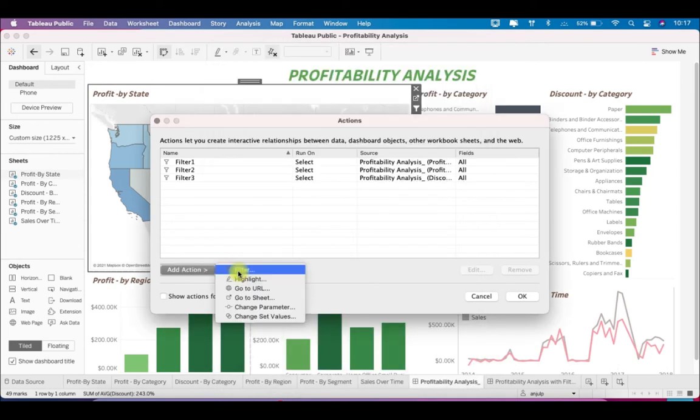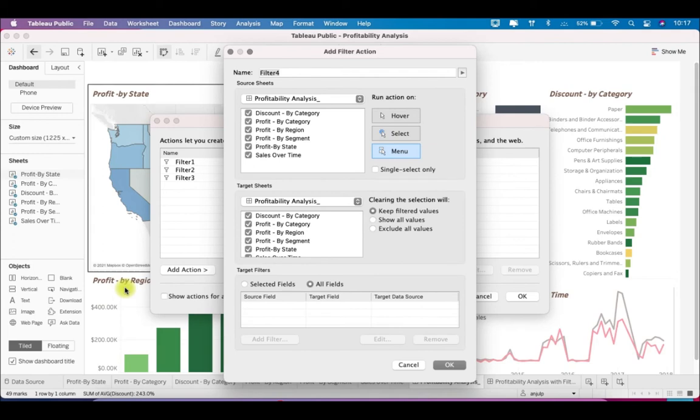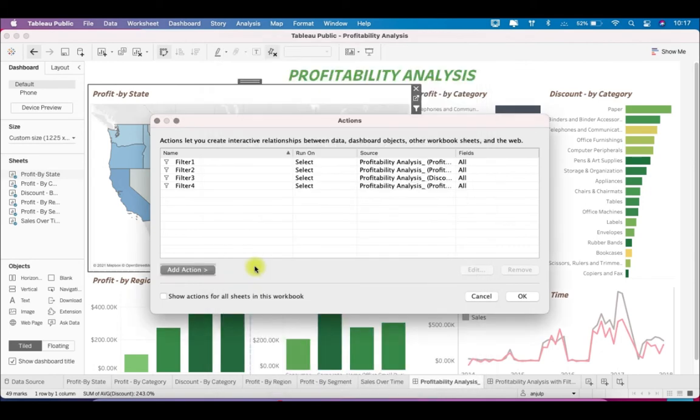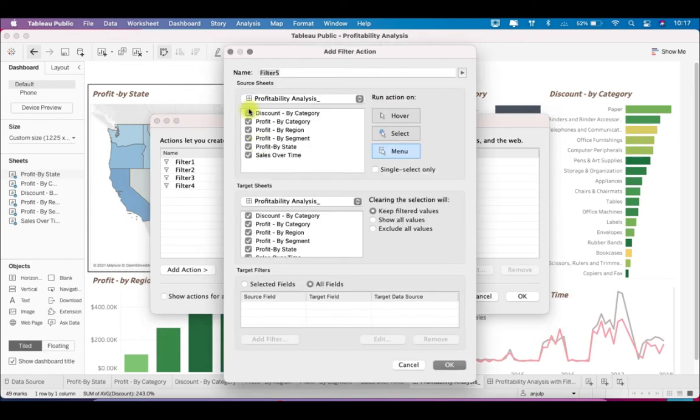Then profit by region, this one. I'll click on profit by region, the other target sheets should be filtered, and clearing the selection will show all values. Click OK. Now there is profit by segment, which is this one.